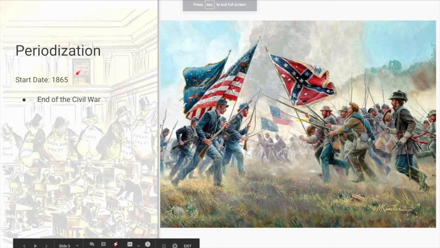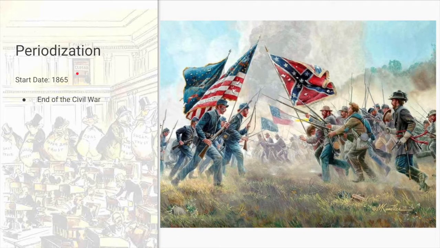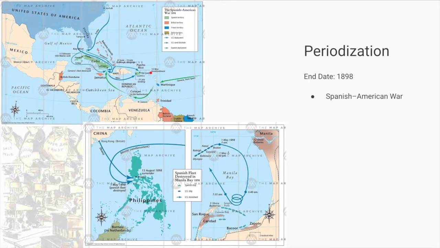So like I said, the start date is the end of the Civil War. So there is some overlap between the last unit and this unit. Both contain Reconstruction, so keep that in mind when you pull out your unit papers on the AP test. These both cover Reconstruction. Now, we go from the end of the Civil War, Reconstruction, all that stuff, Gilded Age, all the way to the Spanish-American War.